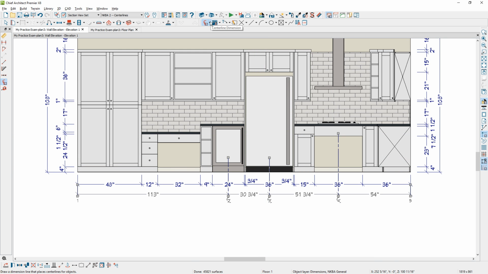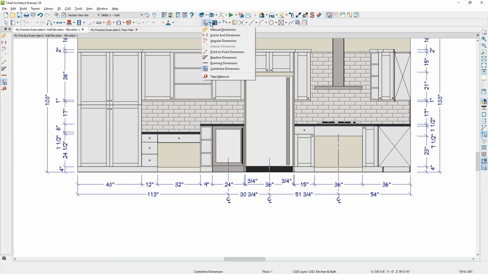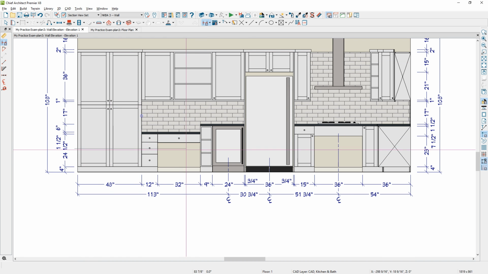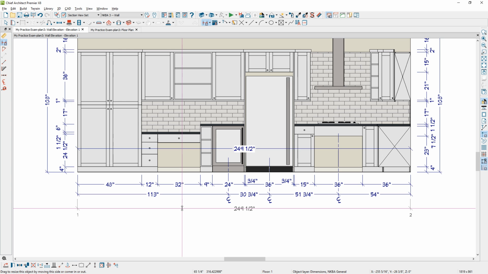Finally, I'm just going to use the end-to-end dimension. You can use either of these really, but I have one for the wall. Select end-to-end, and as long as you're using really any of those, we'll go end-to-end and pick that up. Make sure that it says 249.5. Pull that down, and then position it. Again, I may need to pull those extensions because depending on how long that center line reach is, I can